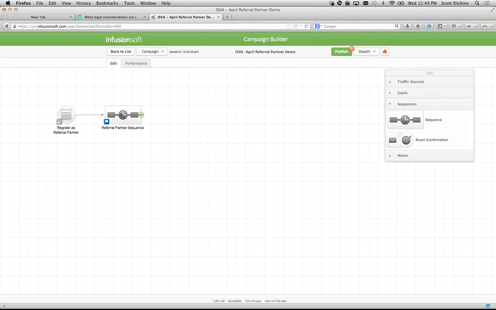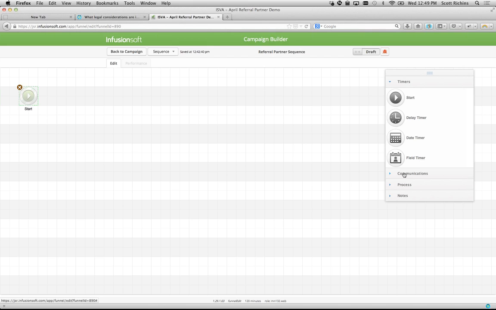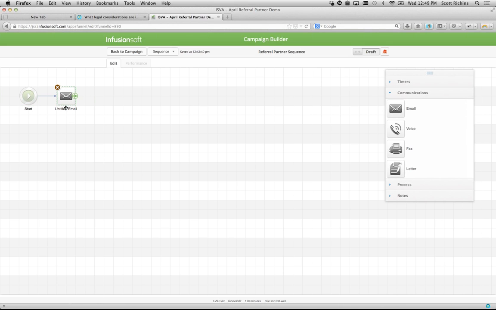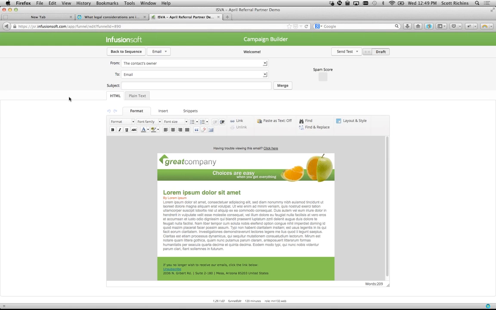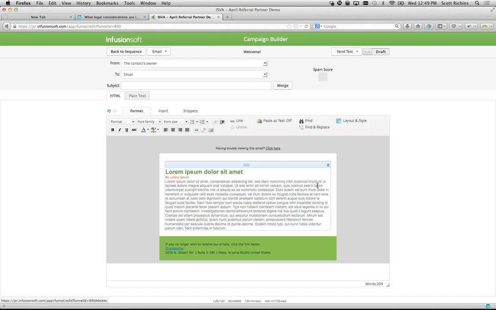And with that referral partner sequence, the first thing you're going to do, I double clicked into that sequence so that now I can customize the emails and the timers and otherwise. The first thing I'm going to do is go to this communications option. I'm going to have a welcome email sent out to them immediately. And in that email, I'm going to do a couple things. Obviously, I'll customize the email to fit for me. But what I'm going to do,